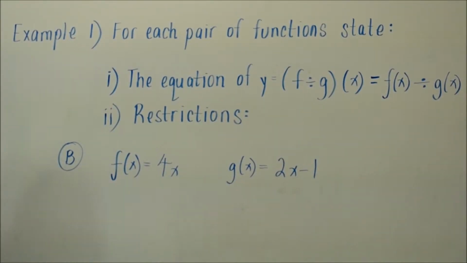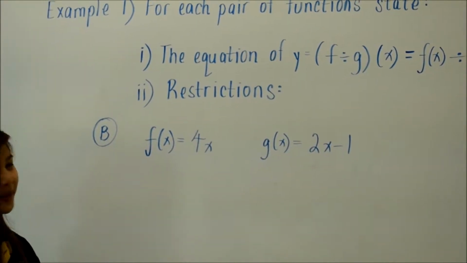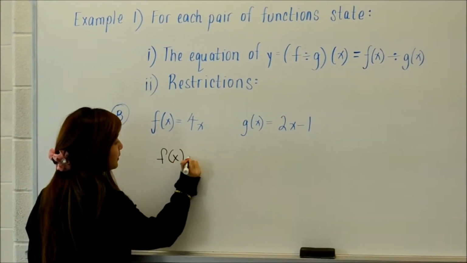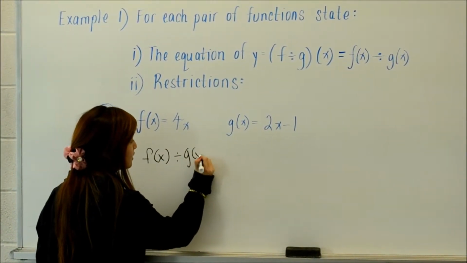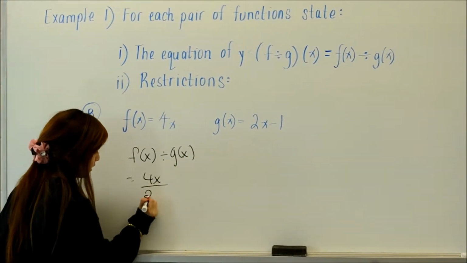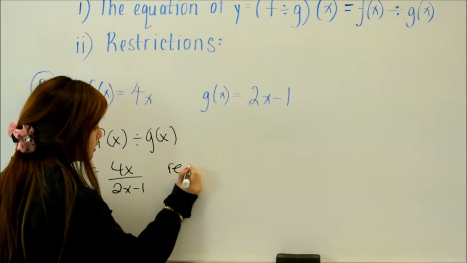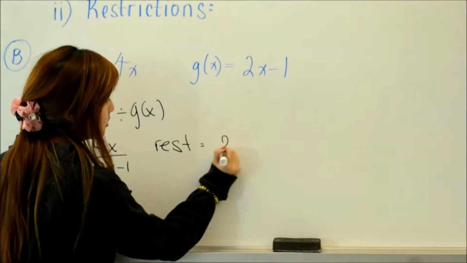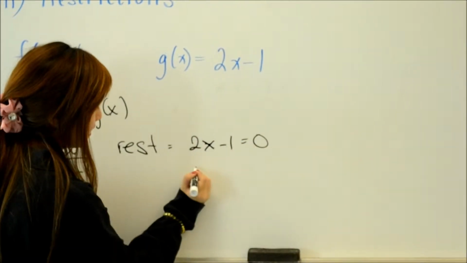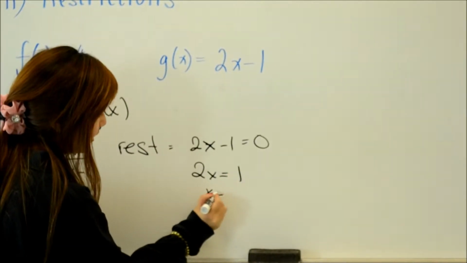So example B is f of x equals 4x and g of x equals 2x minus 1. So the equation is f of x divided by g of x, which equals 4x over 2x minus 1. So the restrictions: 2x minus 1 equals 0. So 2x equals 1. So x cannot equal